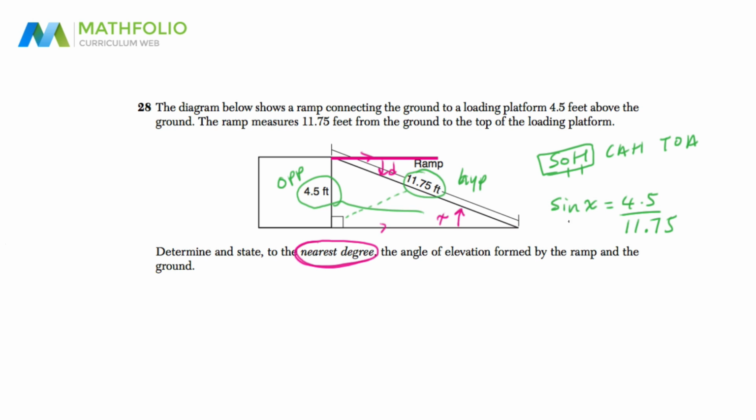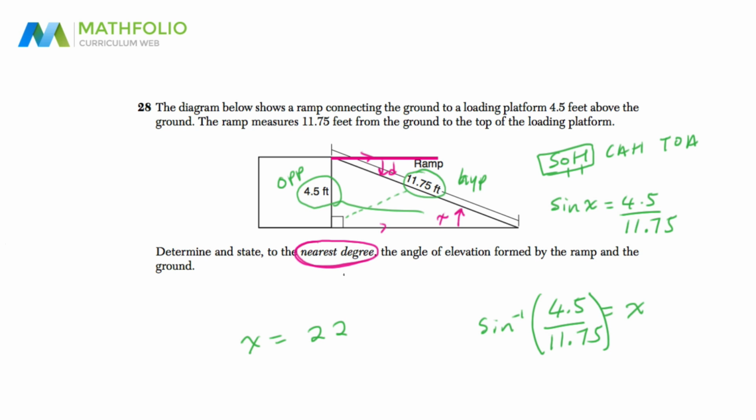Now, to find the angle when it's trapped with the sine, what we do is we trade them. We trade the x for the fraction, so 4.5 all over 11.75. We keep the sine, but this time we do the inverse sine. And so now this is what we have to put in our calculator. In order to do this, we do second function, sine, and then it already opens up the first parenthesis. So now we can do 4.5 divide 11.75, close up the parentheses and press enter. And we get an answer for x of